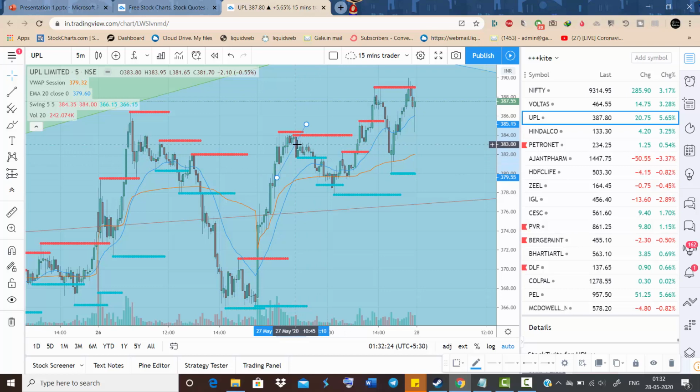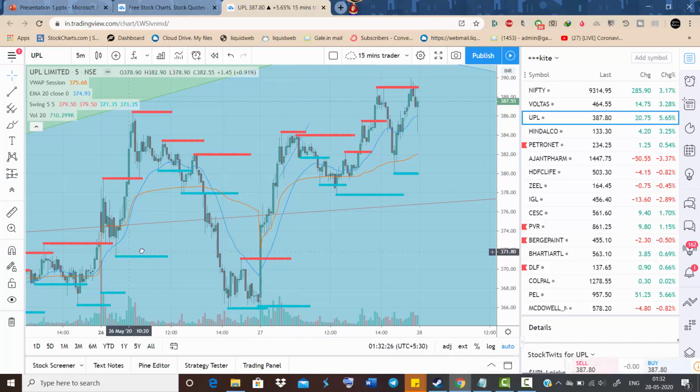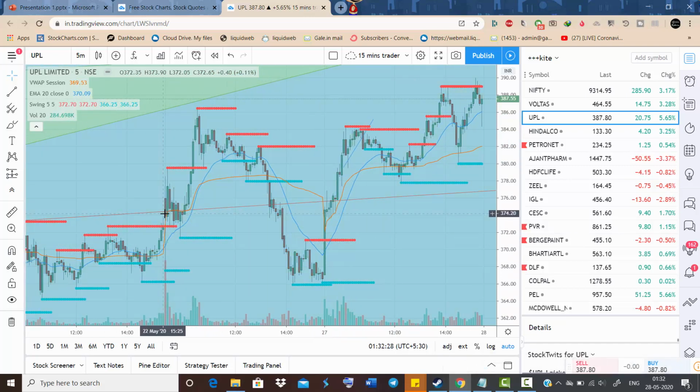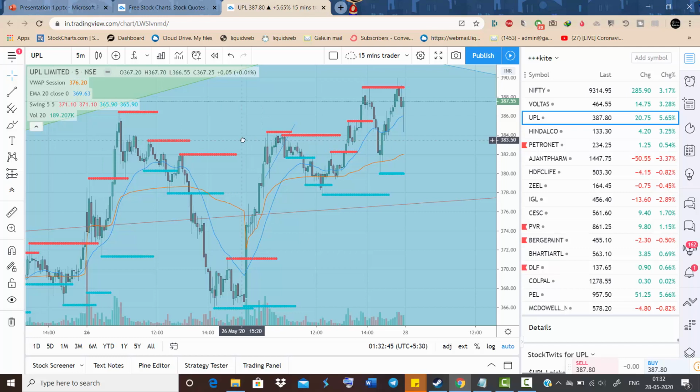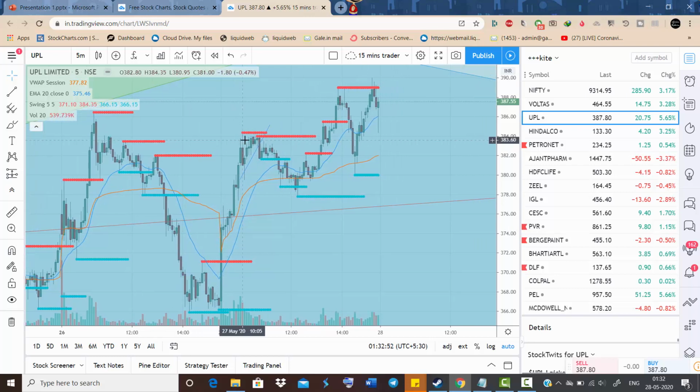So this is the other strategy. You can see on the previous day also, it starts with good volume. Once it starts to recede, there's a significant reversal pattern that pulls the stock back towards the volume weighted average price. This is one of the strategies, but I do not trade this one. I do not like it because it is against the swing that I normally do. So this is called the VWAP magnet. I do not know what others call it.